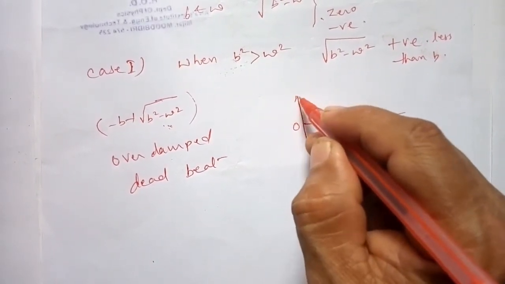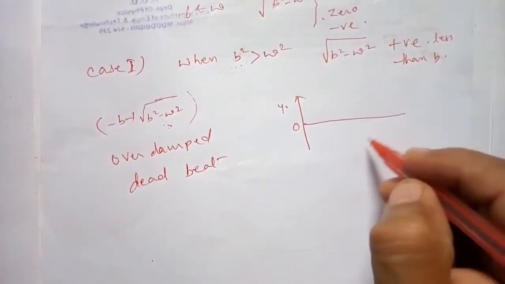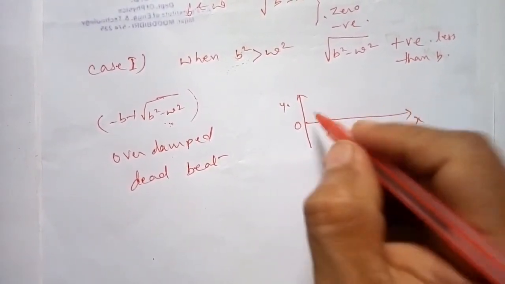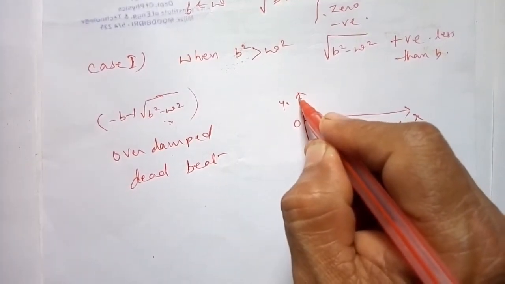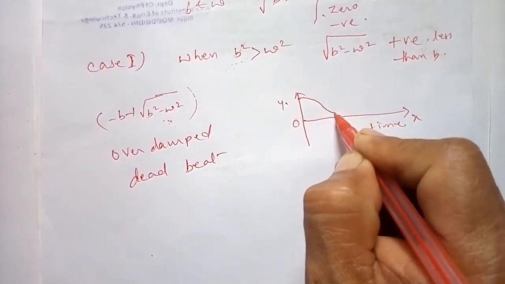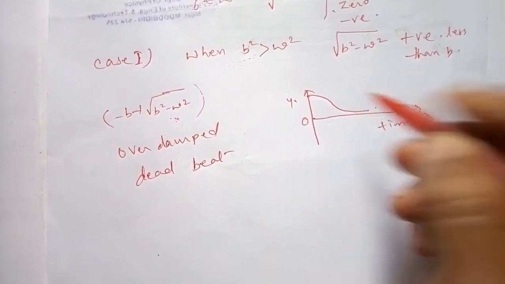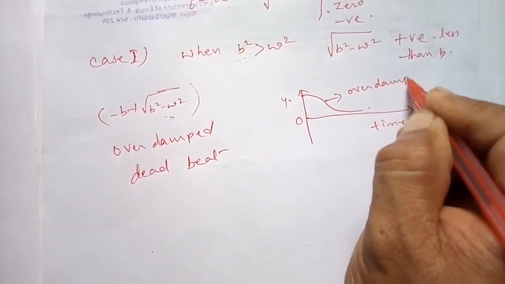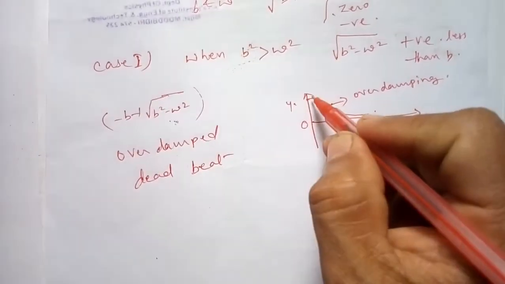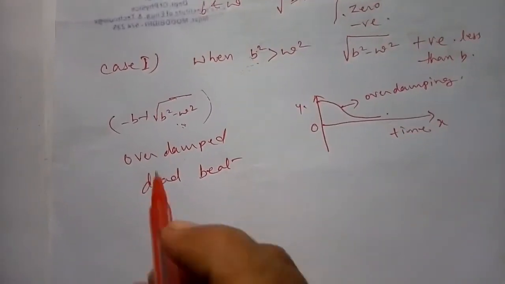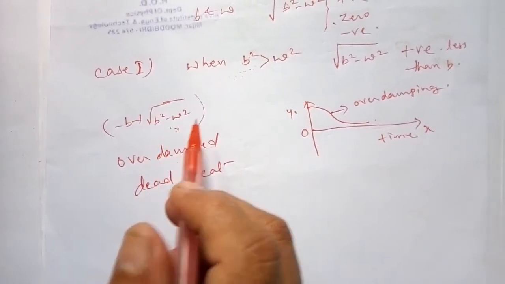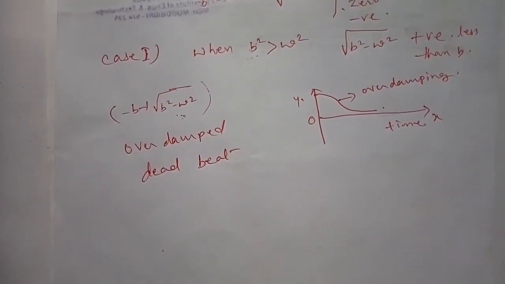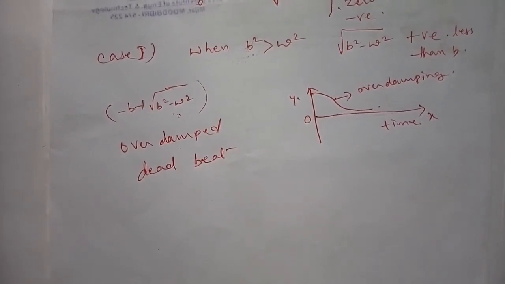Let us say displacement is taken on the y-axis, and time on the x-axis. So this is the displacement. It slowly decreases and it will take more time. This is overdamping. It never goes to 0, but it will take a long time to reach 0 because it decreases exponentially. This term does not easily go to 0. So it will contribute. Okay. So that's regarding the first case.